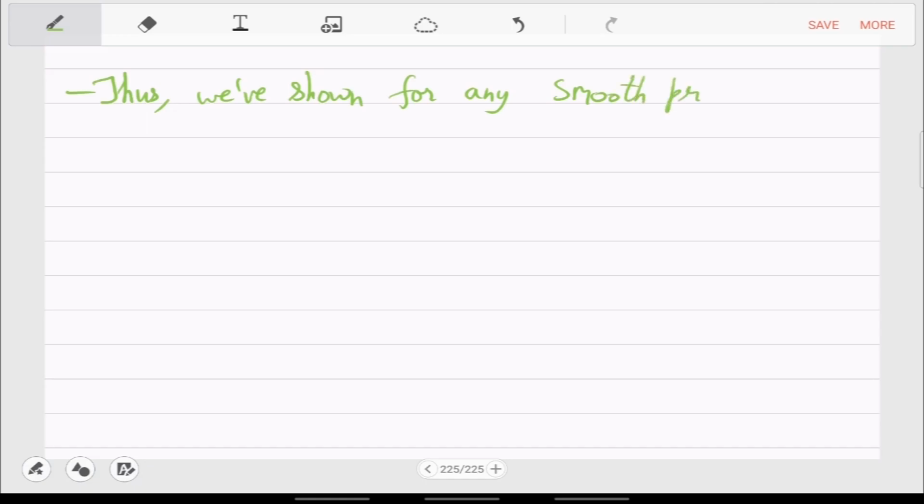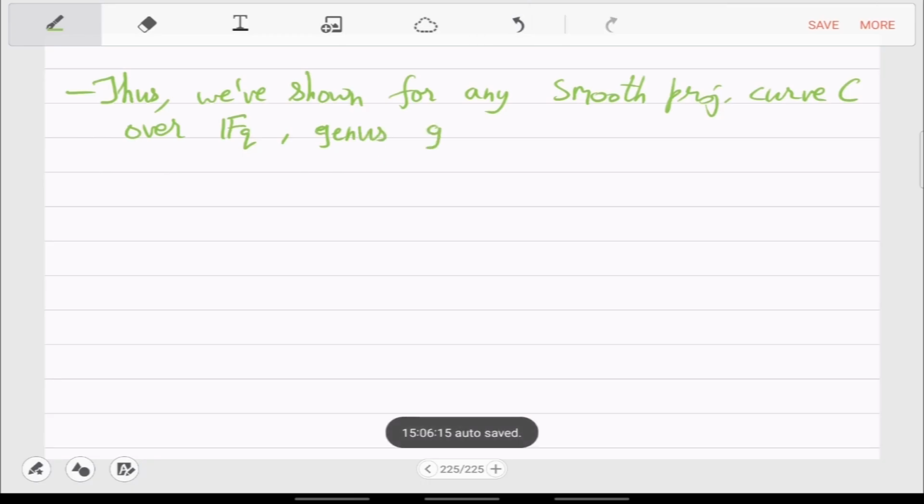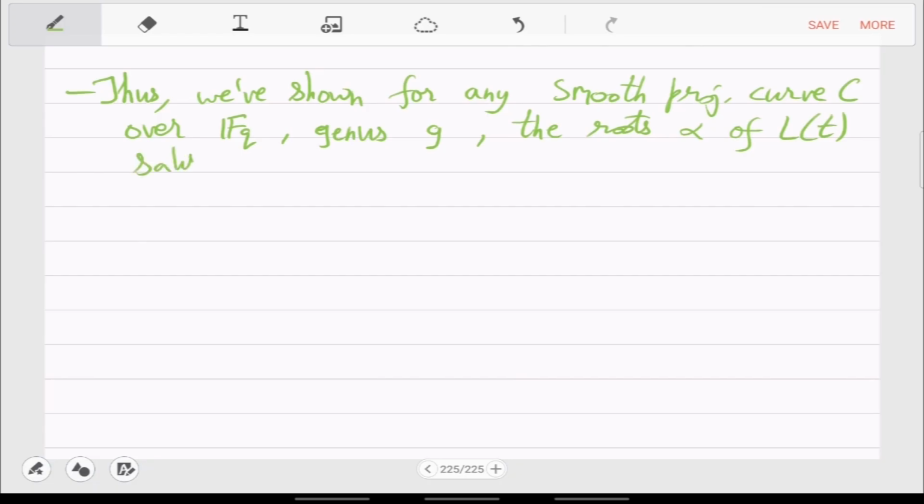For any smooth projective curve C over FQ, genus g, the roots alpha of L(T), the L functions, satisfy the norm of alpha is square root q,